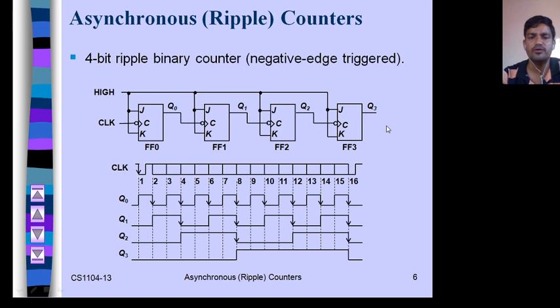This is an example of a 4-bit up counter. The total used states are 16, from 0 to 15, and after that it will again repeat the same pattern. So you have to remember,